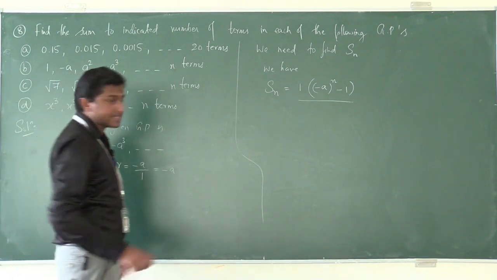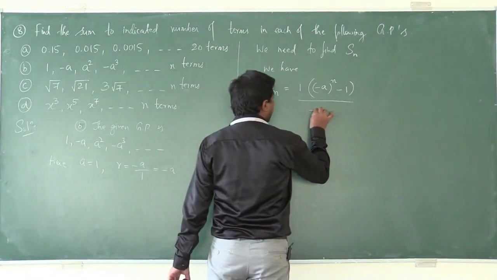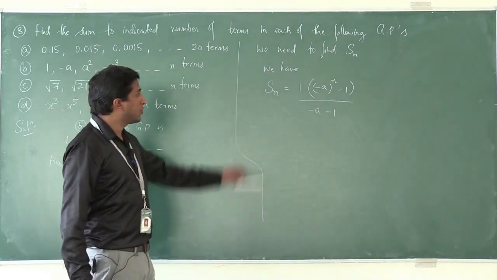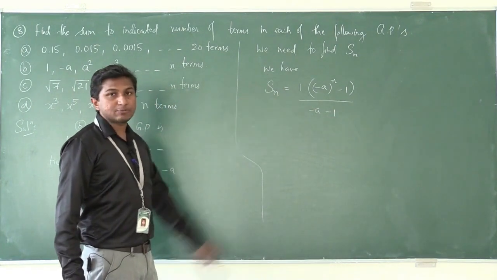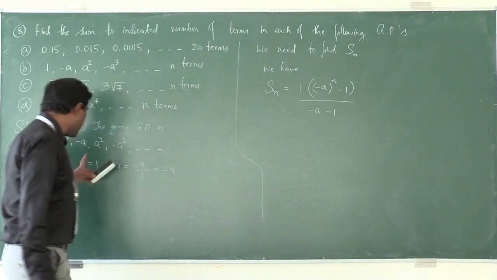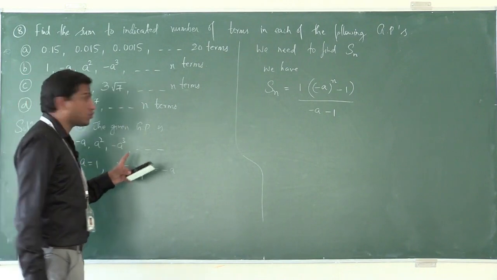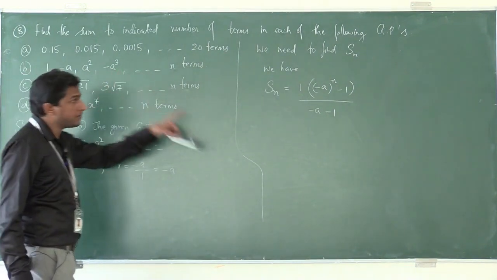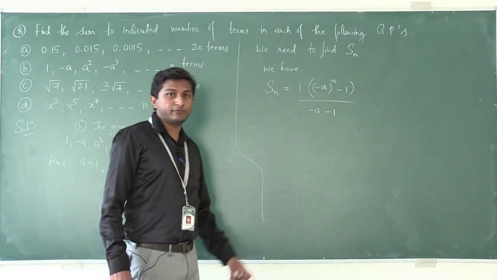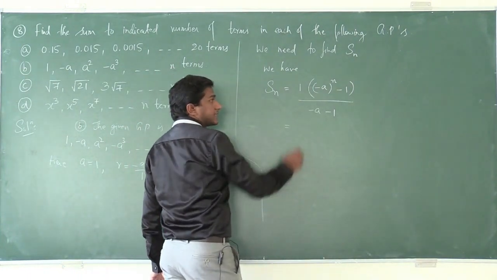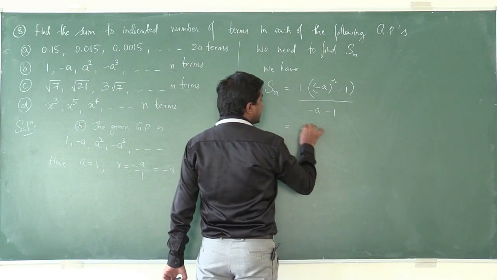Value of r is minus a. That is minus a minus 1 we have. What have I done? I have just substituted the values of a and r, that is the first term and the common ratio of this GP, in the Sn formula. So we have got this. On further simplifying this, what do we have? Minus a